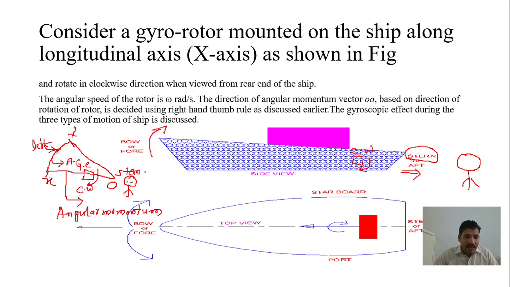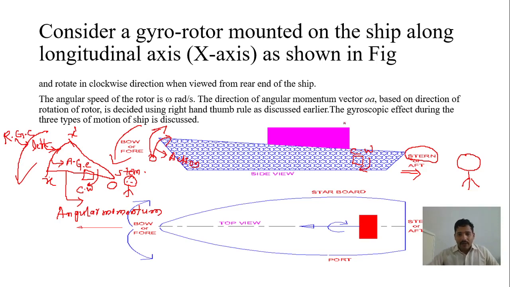We are applying action on the steering, and for that reason it is taking the left turn. So when we apply the action, the reaction will come from the opposite direction to maintain the body in equilibrium. So we can say the reactive gyroscopic couple always acts in the opposite direction of the active gyroscopic couple.